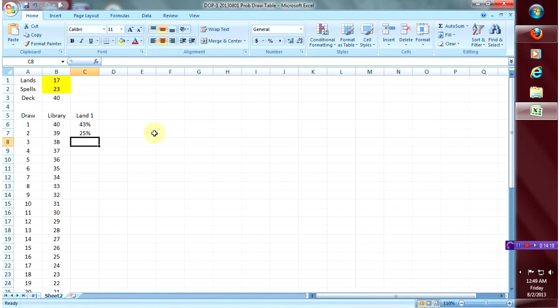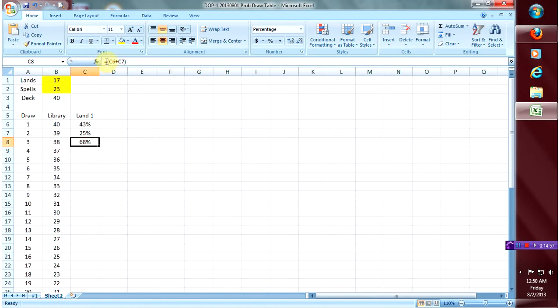And when we're dealing with an OR case, we're going to take these probabilities and add them together. There's a 68% chance that we have already drawn land number 1. There's a 43% chance that we drew it on draw 1. There's a 25% chance that we drew it on draw 2. So by the time we get to draw 3, there's a 68% chance that we have already drawn land number 1 this game,